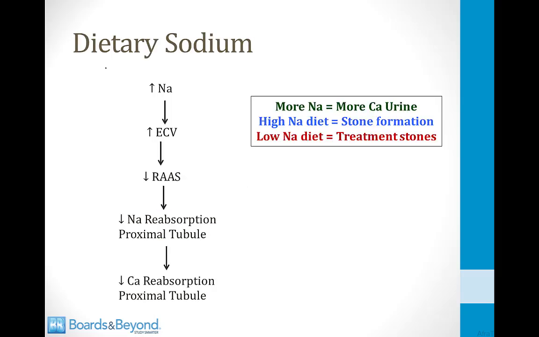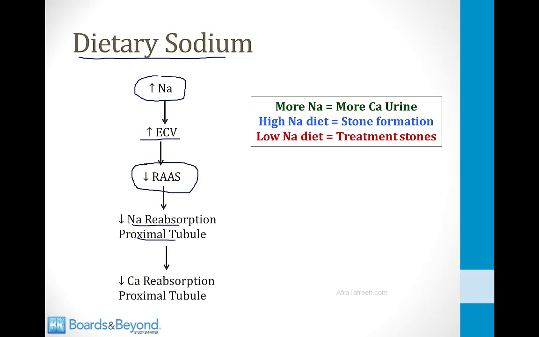There's an important relationship between dietary sodium consumption and the amount of calcium in the urine that has to do with kidney stones. So, when you consume a high sodium diet, this expands your extracellular volume. Your body holds on to extra water when you consume extra sodium in order to keep the plasma sodium concentration normal. The expanded ECV will dial down the renin angiotensin aldosterone system, and this will lead to less sodium resorption